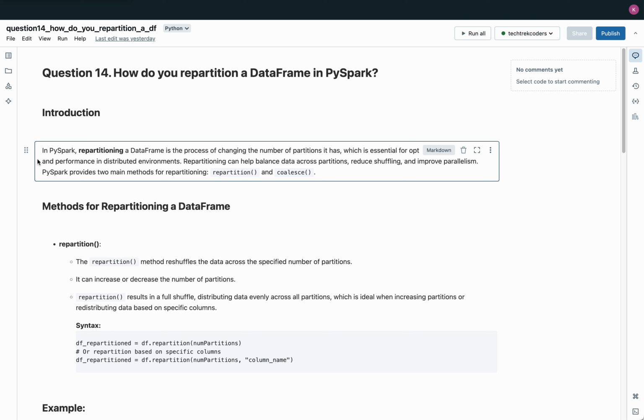Additionally, repartitioning can reduce the amount of data shuffling between nodes, which is particularly beneficial in operations like joins and aggregations. PySpark provides two main methods for repartitioning: repartition and coalesce. The repartition method allows for increasing or decreasing partitions, involving a full shuffle to redistribute data evenly across all partitions, which is ideal for achieving balanced